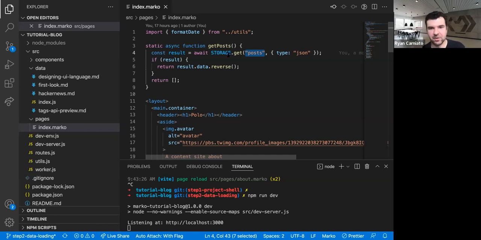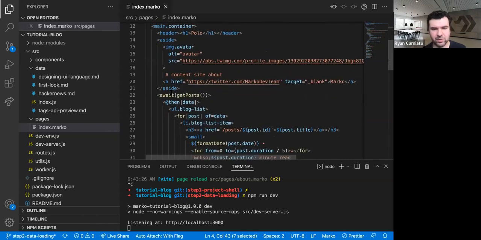But essentially, we're just grabbing all the posts with type JSON from the KV storage, and then we're reversing it. If we were doing real pagination or a real database, we'd be doing something much more advanced here. But you can picture this is where you could just put your request directly to your database. And because of Marko's isomorphism and the way the await tag works, this code doesn't ship to the browser. This code always runs on the server. We just go await,